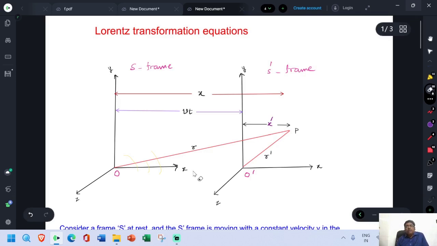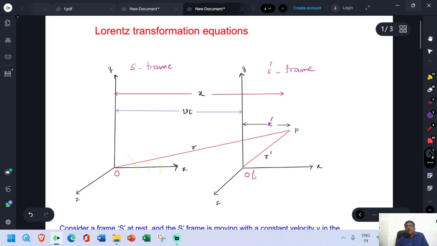The observer O predicts the outgoing wavefront after the time t, and he finds the wavefront at the point P if the time interval is t. The position of the wavefront after the time t is P for the observer O,